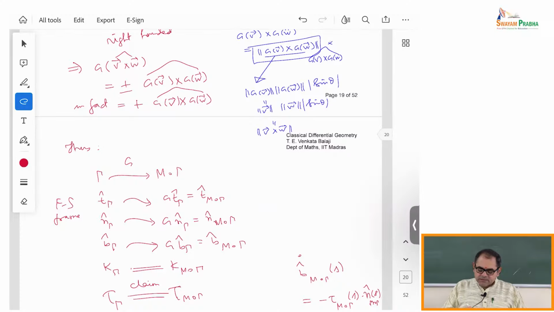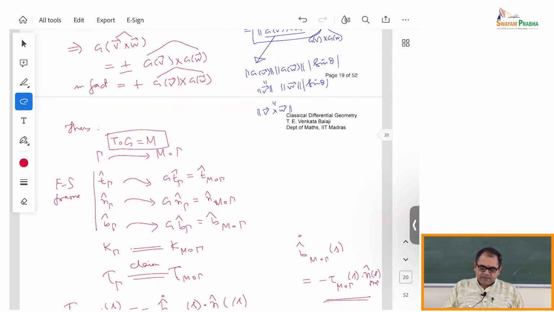this must be, instead of G here, it should be T circle G. This should actually be M. So here it should be M, and the reason I wrote G was essentially for all these members of the Frenet-Serret frame, T cap, N cap, B cap. For the Frenet-Serret frame only G comes into the picture, and T does not come into the picture because it's an additive term, and when you go to the